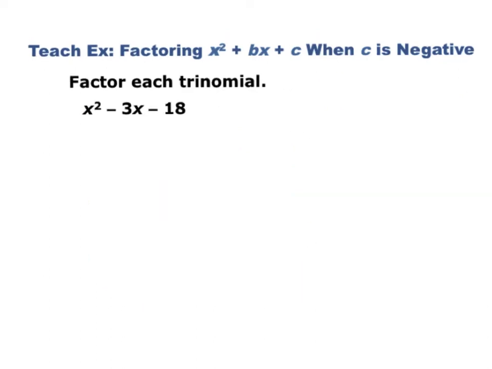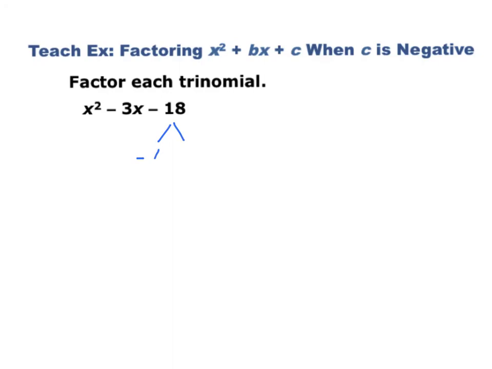Now, let's take a look at when it looks like this. Notice here, I have a negative linear term and a negative constant term. Now, remember what the rule was that I gave you a couple slides ago. If my constant term is negative, that means my factor combinations will be one negative and one positive,